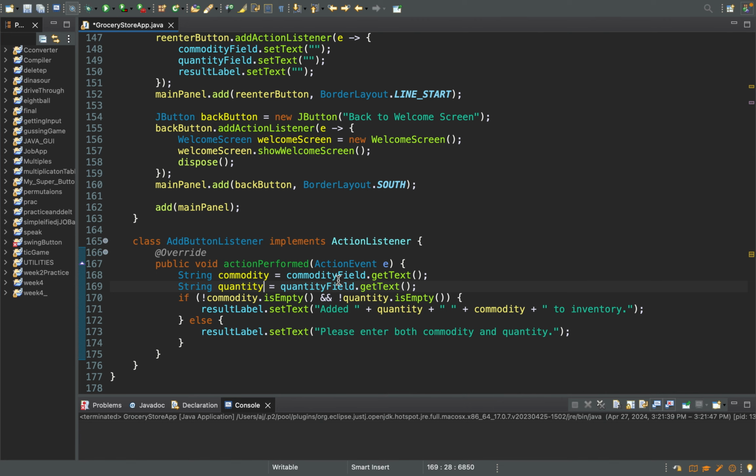string commodity field dot get text, and string quantity dot get text. These variables are responsible for getting the text from the commodity field and from the quantity field. And after that I added